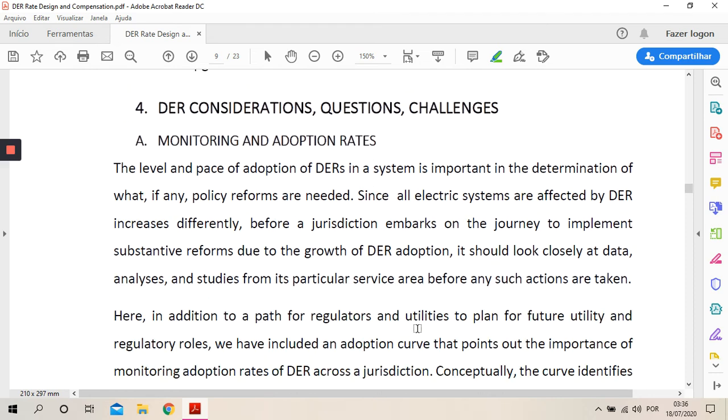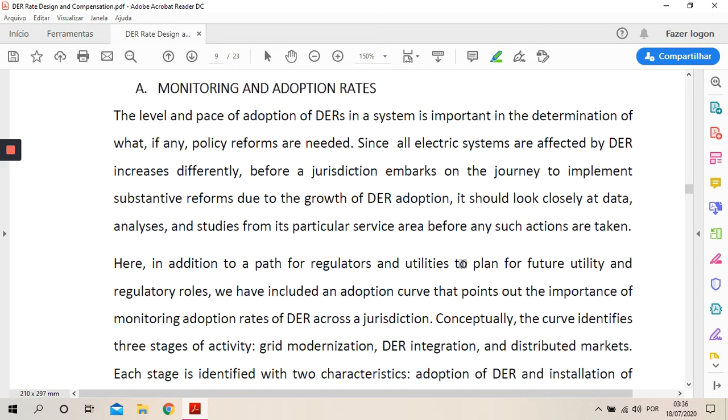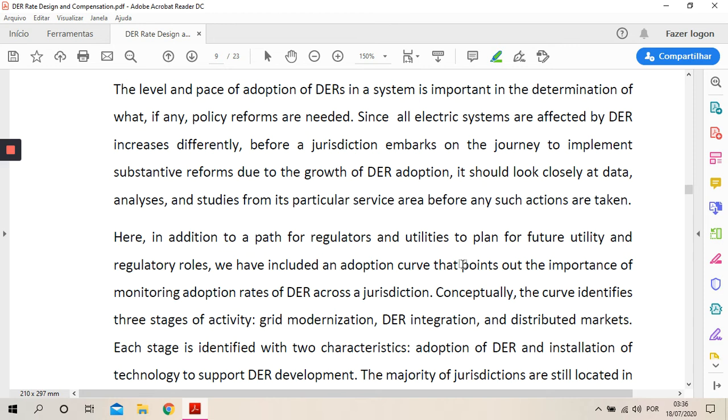DER considerations, questions, and challenges. Now let's talk about these considerations and the challenges related to distributed energy resources. Monitoring and adoption rates: the level and the place of adoption of DERs in a system is important in the determination of what, if any, policy reforms are needed. Since all electrical systems are affected by DER increases differently,